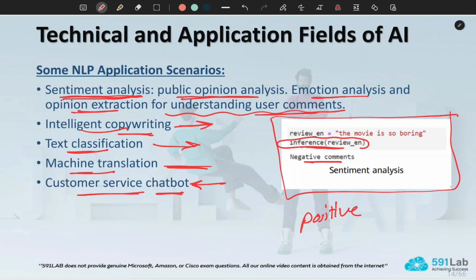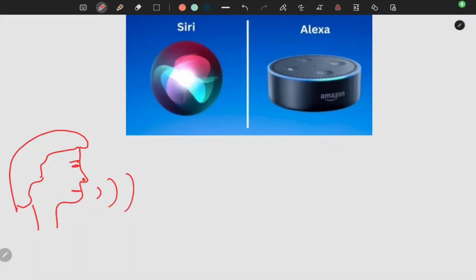First you get a chatbot that gives you some answers, and if it can't answer you, then you get redirected to a human agent to answer you. So let's talk about smart assistants.